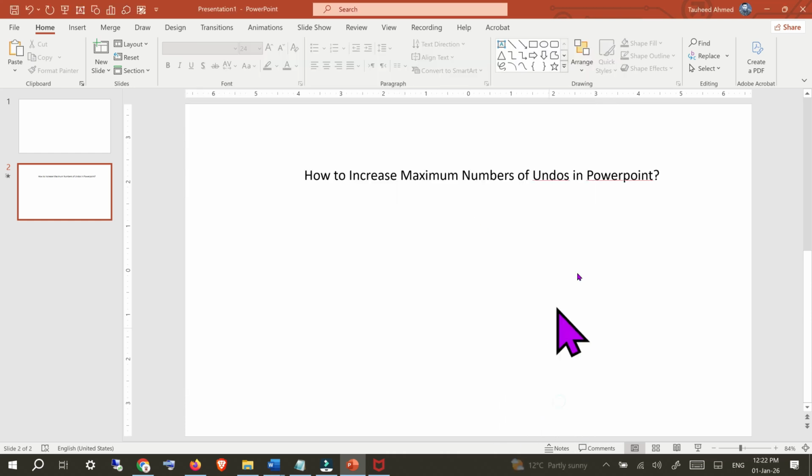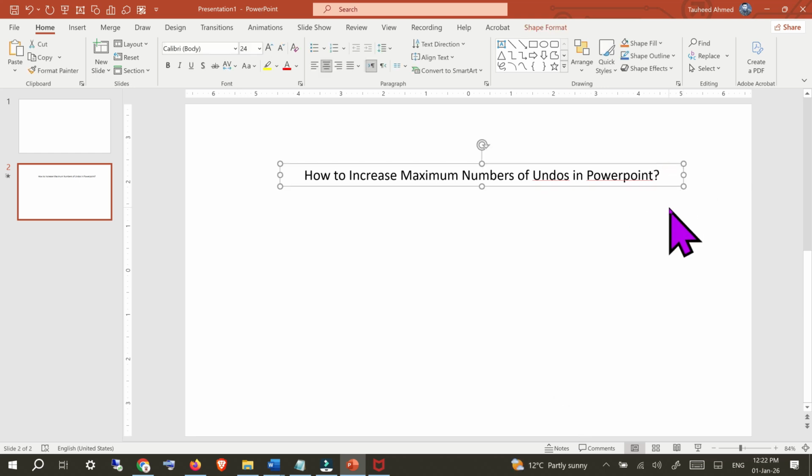So click OK, and after that you will be able to do undos 50